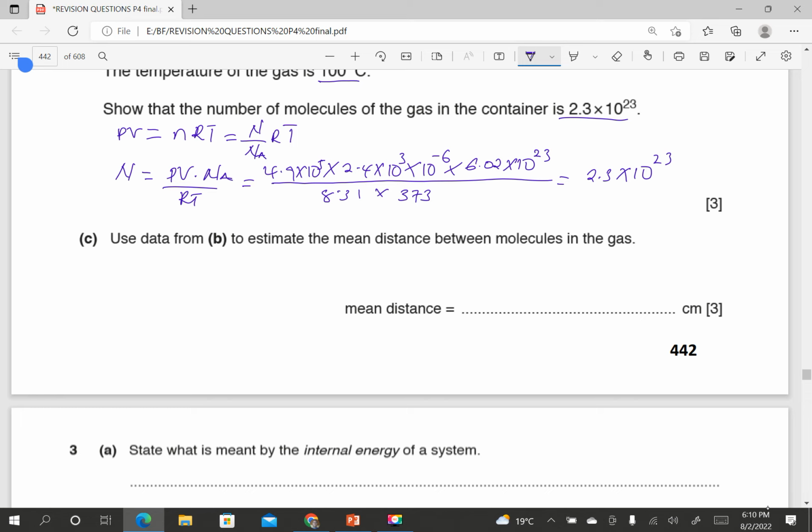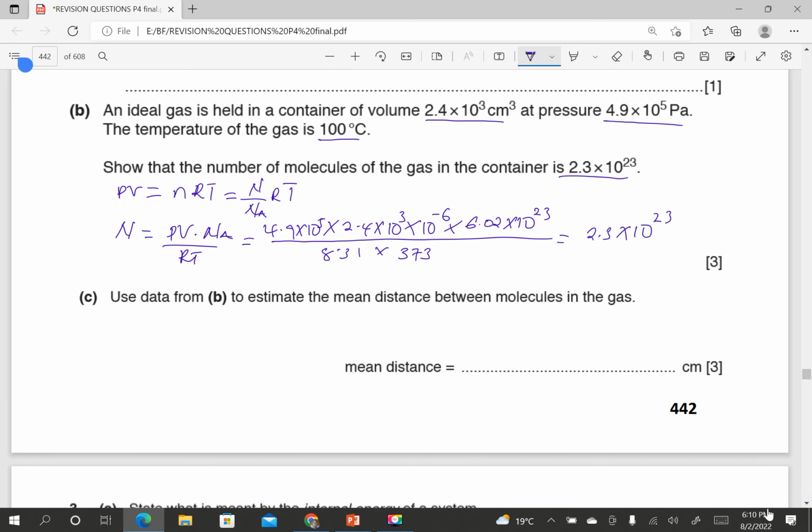Use data from B to estimate the mean distance between molecules in the gas. Let's see which data do we have. An ideal gas is held in a container of this volume at a pressure of that. So we want the volume occupied by one molecule. If the container has this volume, and we assume that the molecules fill up the whole container, then we can assume that the volume occupied by one molecule,